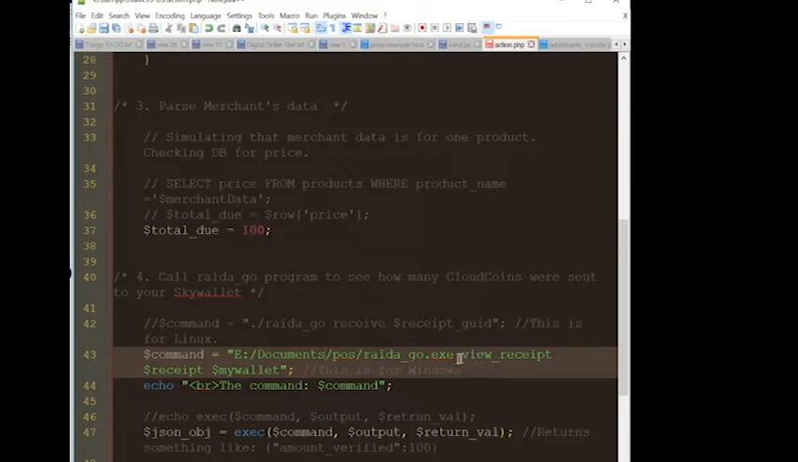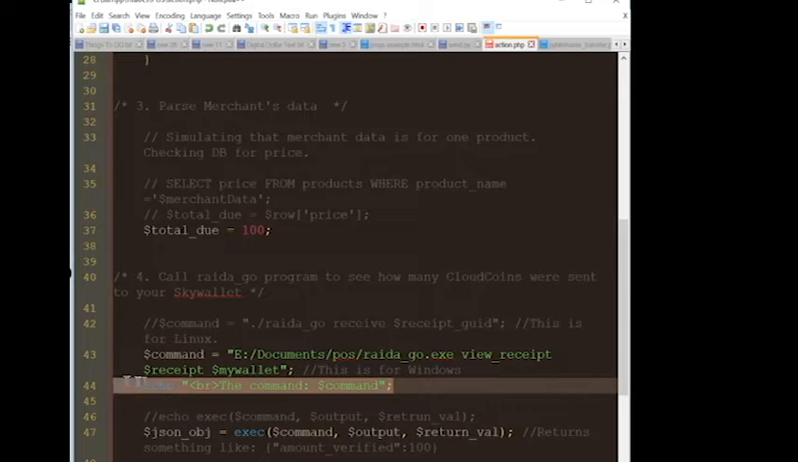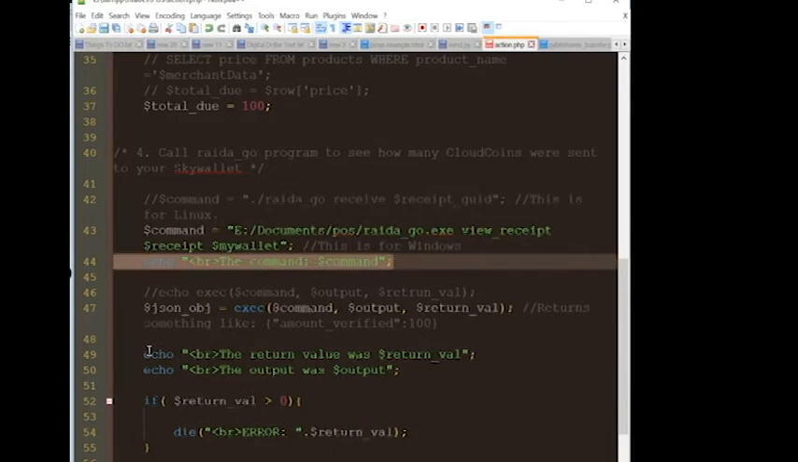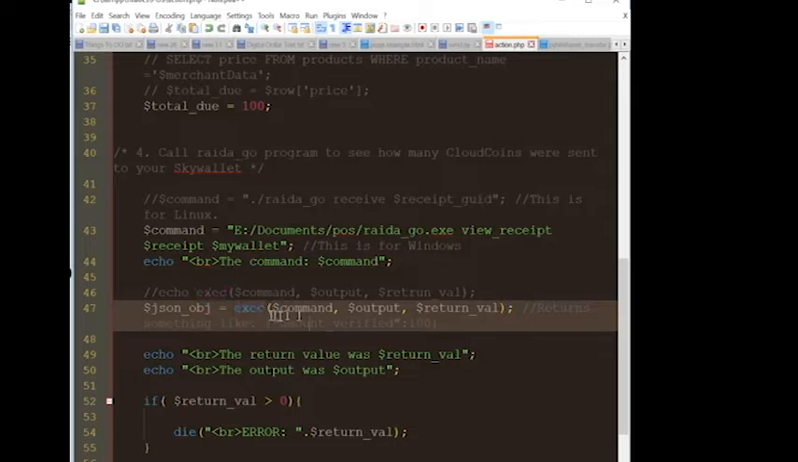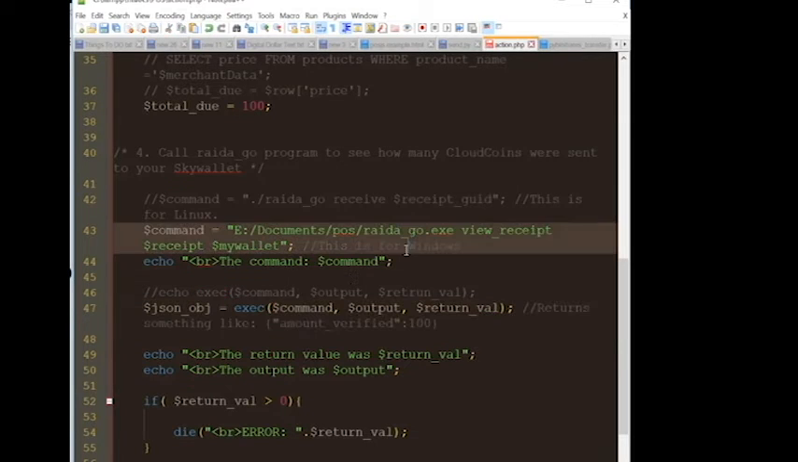So here we've got the view receipt command, and then we have the actual receipt number, and then your wallet that the money should go into. We just echo the command here for your understanding. Okay, now we're going to execute that command, and we're using the PHP execute method or function, and it requires